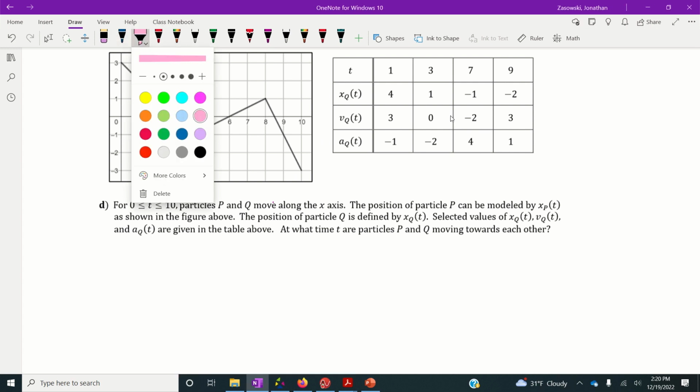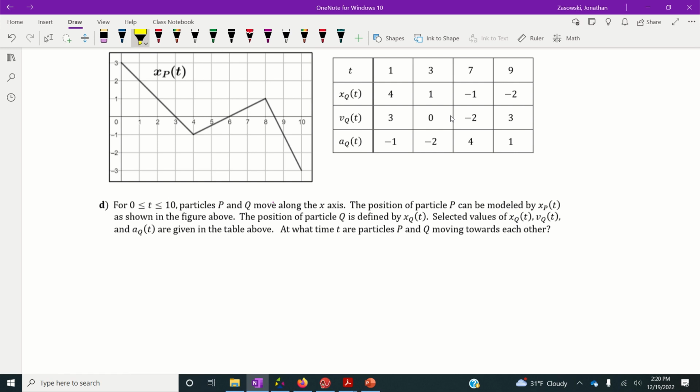Now, the key thing to start off with is we're really only talking about these 4 times. So keep in mind that you don't have to worry about the whole graph. We just want to worry about these 4 times, essentially. So let's talk about what happens at each one of these times. At t equals 1, what's happening? For particle P,